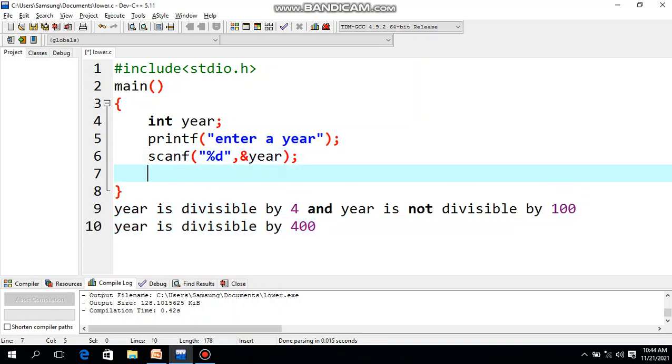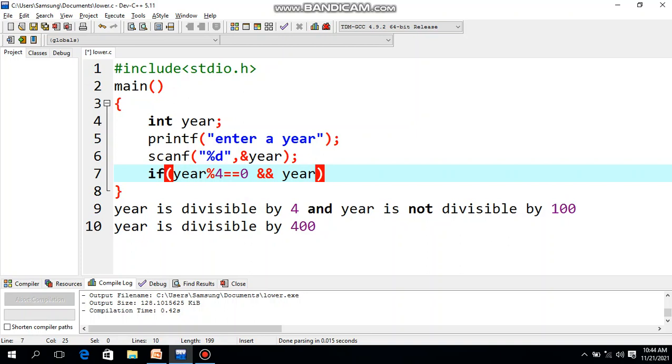Now how do we write it inside an if statement? If year is divisible by 4, divisible by 4 means the remainder should be 0. So if year modulo 4 is equal to 0, then what is the next condition? And year is not divisible by 100. So what will we have to write?